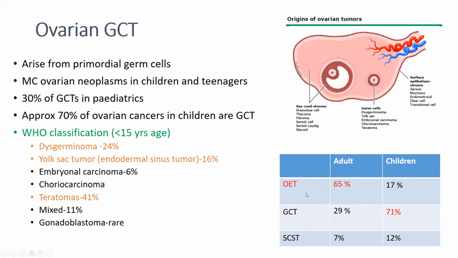So the histology of ovarian germ cell tumor also varies with respect to the age group. This is in adults and children. In adults, as you know, ovarian epithelial tumors are most common, close to 65%, while in children, germ cell tumors are common, close to